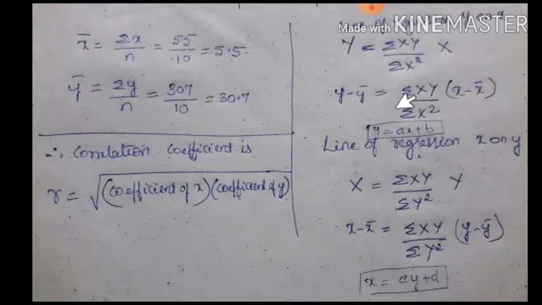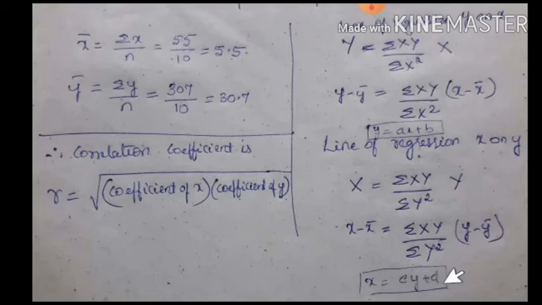Here capital Y is not a sum, it is just the capital Y value. So write y minus y bar for capital Y and x minus x bar for capital X, substitute the y bar and x bar answers, and substitute summation xy and summation of x square. You get a simplified equation in the form of a straight line, y equals ax plus b. In the same way, when you substitute the values in the other formula, you get an equation in the form x equals cy plus d.